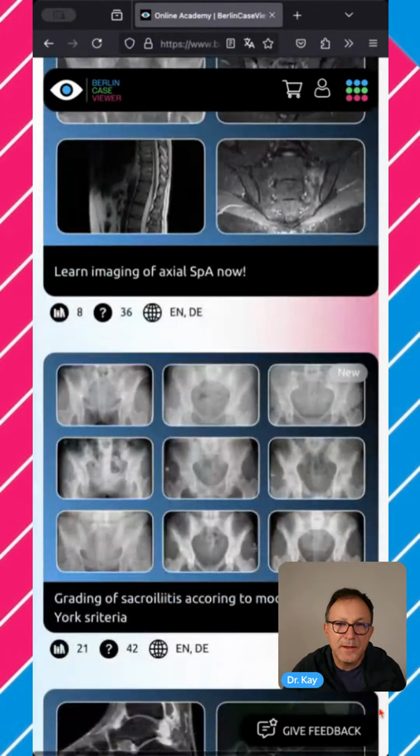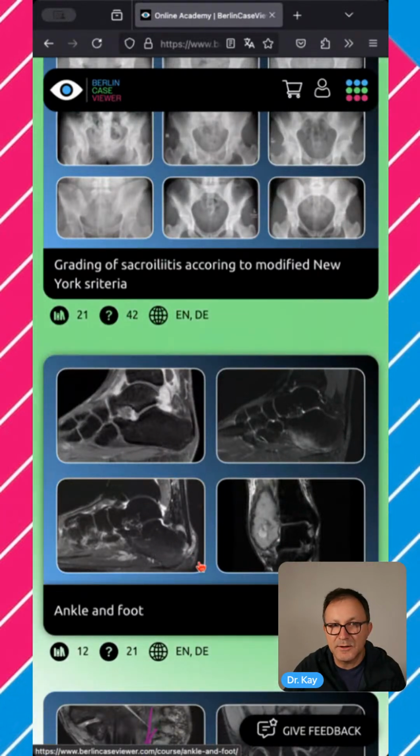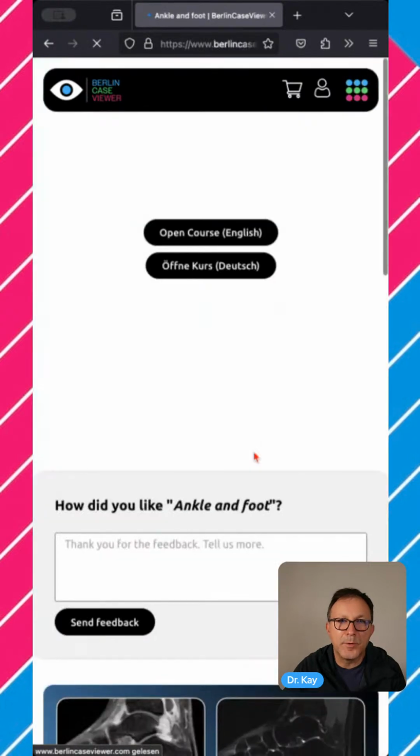Going down, we get this ankle and foot module that is also available as a standalone purchase in our app. And here we have collected 12 cases. We have made 21 multiple choice questions, and this module is available in English and in German. And accessing this module, we